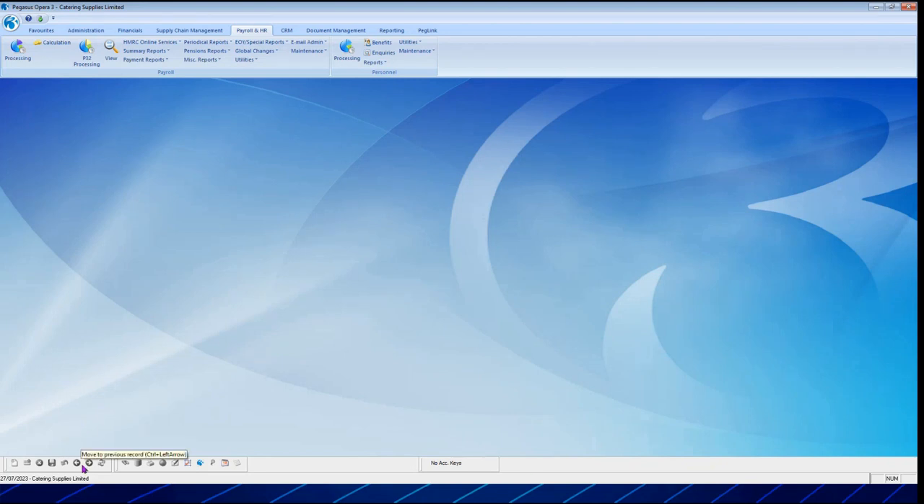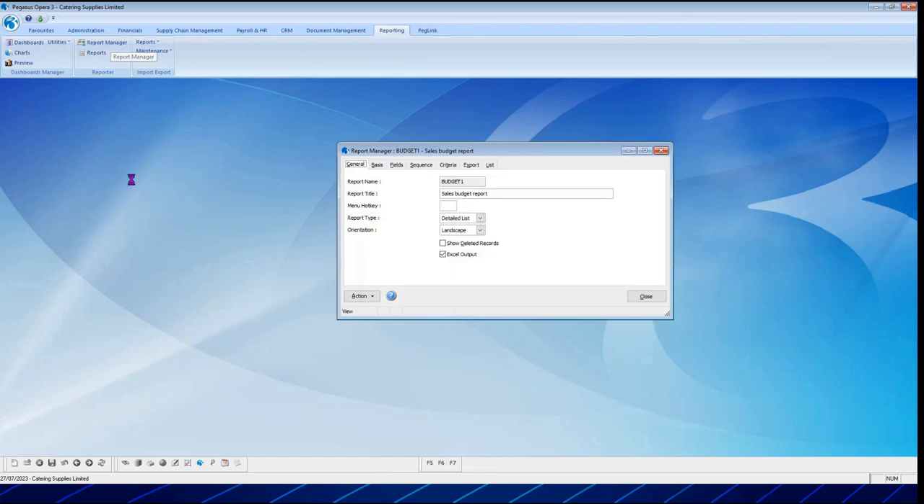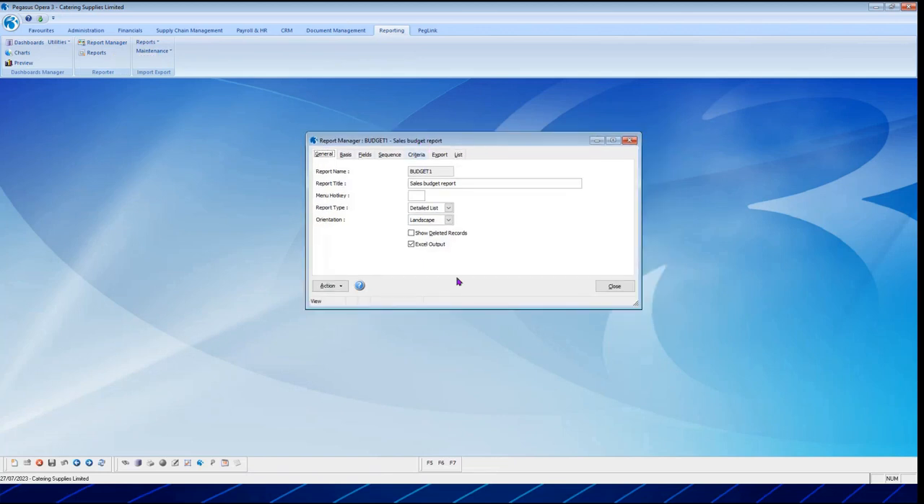So to create a new report design, here we've got our reporting area, here we've got our reporter module, and we've got our report manager. I'm going to open that up, and what we get first is our general screen. To create a new report, we open this folder, then we click on the new item menu like we do in Opera. It gives us a blank page,